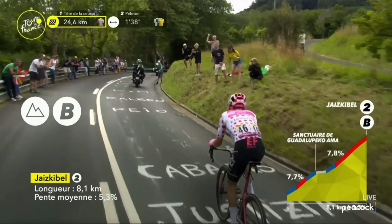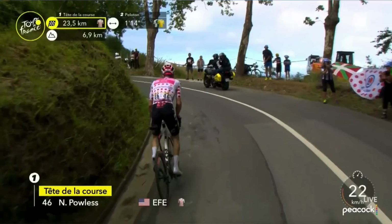The first 4 kilometers or so of this climb are not so difficult, but not that easy either. If you went up it on your own, you'd say, Chris, that was a monster climb. But for the professional pros, it's a little bit softer on this side of the climb, the beginning, and then harder at the finish. So Nielsen Palace is holding this time gap, but when we look at the group behind,